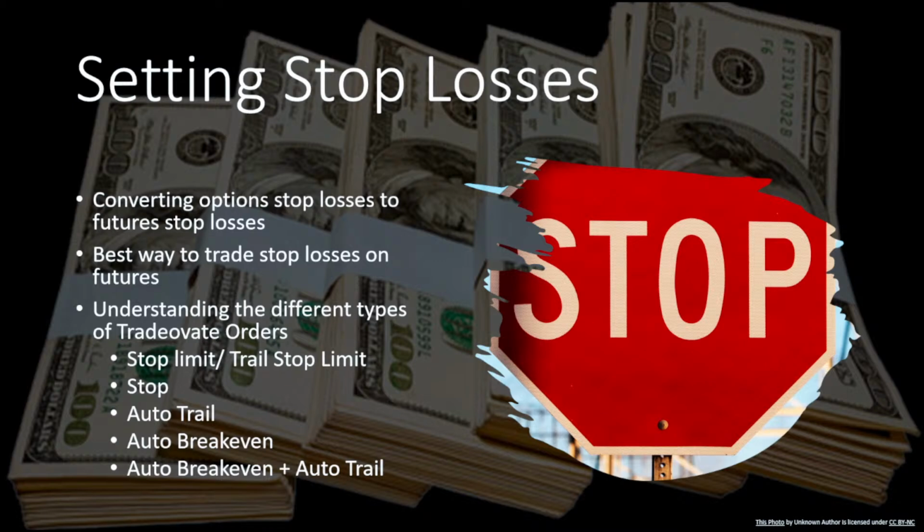All right, so on Tradovate, one kind of annoying thing, and we'll talk about it a little bit later too, is that you have to set everything in ticks, not points. So remember, 4 ticks is 1 point. Keep that in mind. For example, let's say you wanted a 10-point stop loss. That's actually 40 ticks. So when you're putting that in, you have to remember that, because when I first started doing futures, I accidentally was putting in points instead of ticks, and that was definitely a big deal.